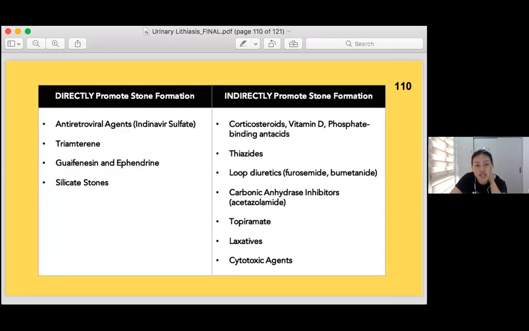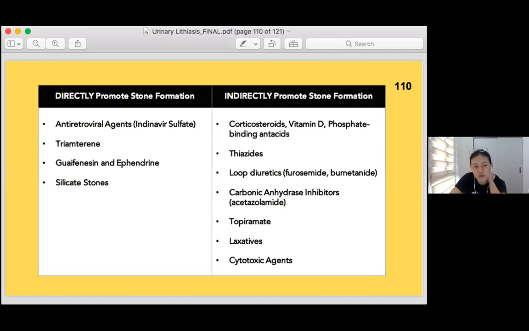The ones that directly promote are the antiretroviral agents, triamterene, guaifenesin, and ephedrine, and silicate stones, while those that indirectly promote would be corticosteroids, vitamin D, phosphate-binding antacids, because they induce hypercalciuria, thiazides because they cause intracellular acidosis and subsequent hypohydraturia, loop diuretics, which inhibit sodium and calcium resorption, carbonic anhydrase inhibitors, which block resorption of sodium bicarbonate, topiramate, which also inhibits carbonic anhydrase, laxatives, as was mentioned earlier,